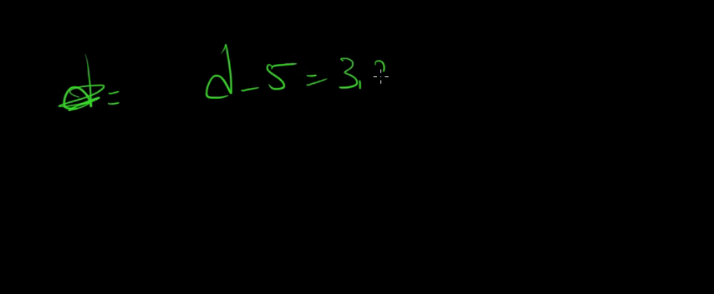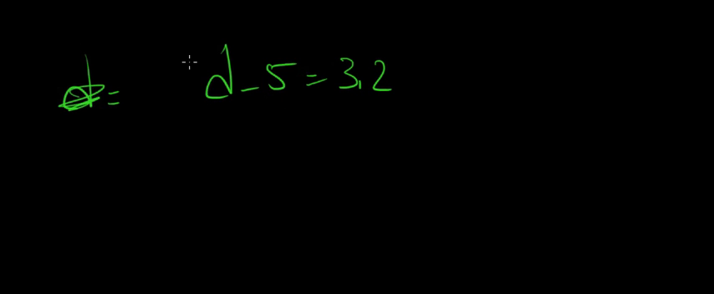This is example 3 on page 227 in your book. It wants us to solve for this. It says solve for d: d minus 5 equals 3.2. Now, you guys probably know that to do this problem, the easy way, the mental way in your head,